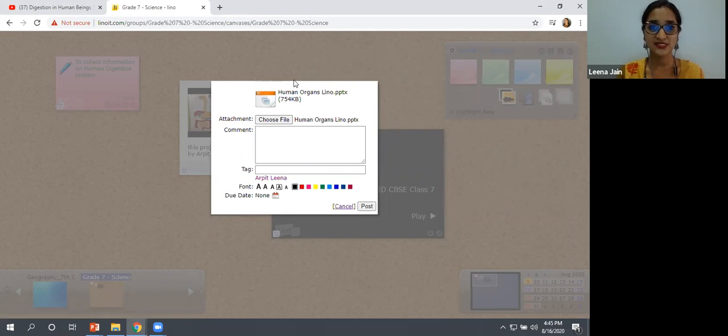See, 754 KB. Mind it that you will have a limit here again. Below 100 MB you have to add anything like attachments, videos, or anything should be below 100 MB. Even if you are adding images, it should be below 100 MB. If it is above 100 MB, it is not going to accept it. You will get an error continuously. So here I've chosen this file.